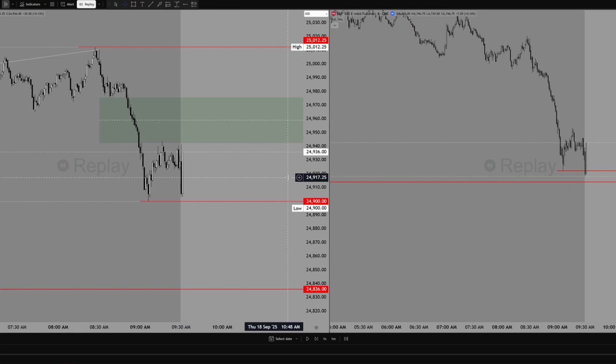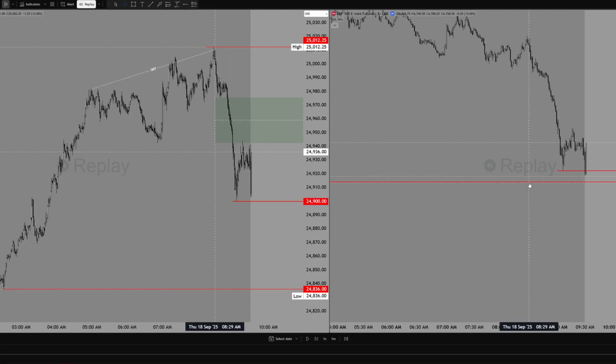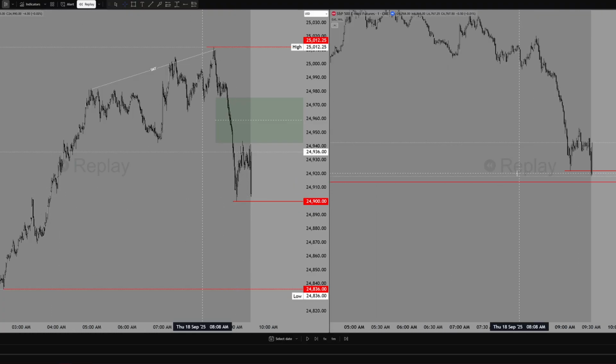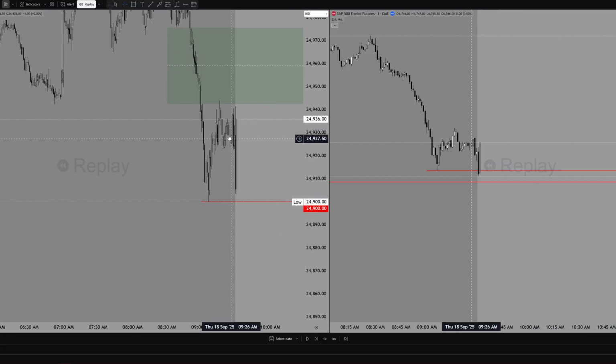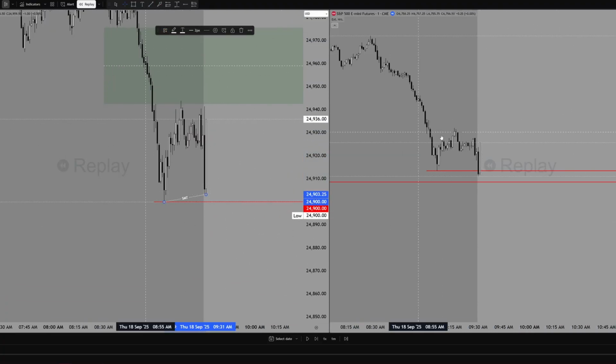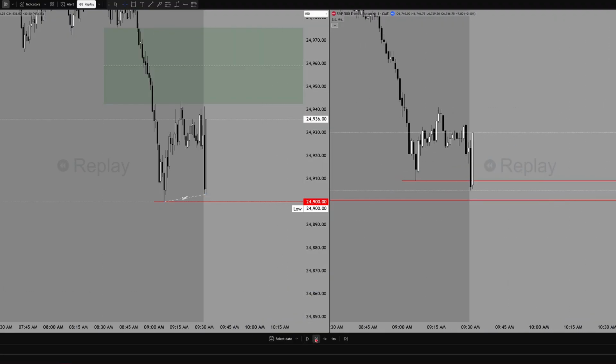Okay, we take out that. We can take out this draw. That's interesting. We take out this draw on ES. It's just a low. Yeah. So we take out this draw. It's still early. Yeah, we take out this draw. Bullish SMT. I want to see what happens off of it. We're really close to this ES draw, but let's see what happens.